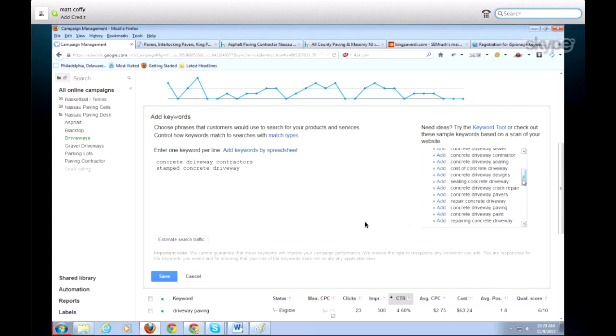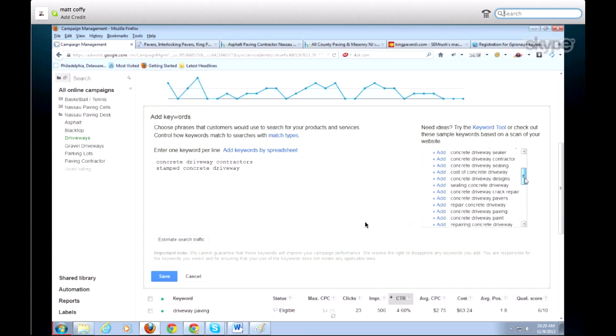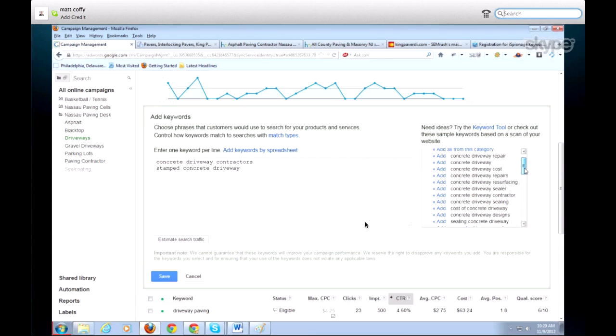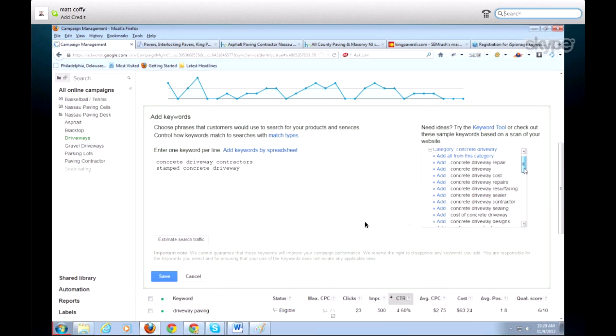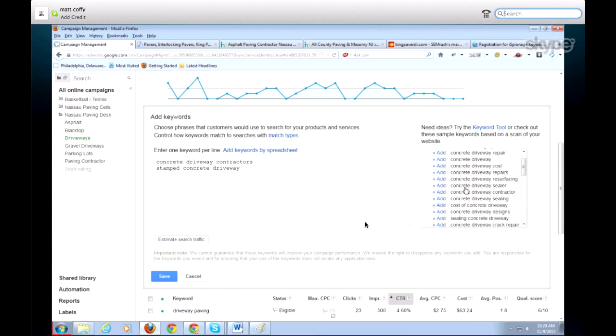What you want to do, though, is be careful as you add these keywords, because Google is very free at offering up all these different keywords, but a lot of them aren't going to relate to business. See right here, keyword driveway sealer. Well, they're looking for a product.